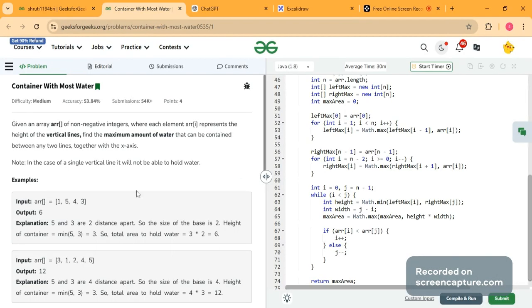So let's do this question, which is a container with most water. In this question, it is a very simple problem. Basically, we are given an array which represents the vertical length of lines that will be holding some water, and we need to use only two lines, and we need to calculate the maximum amount of water that can